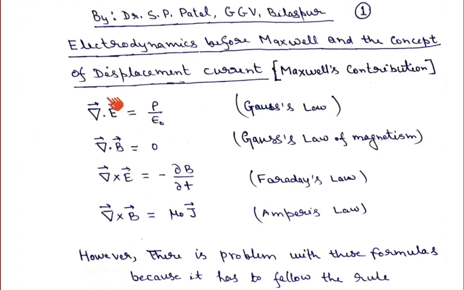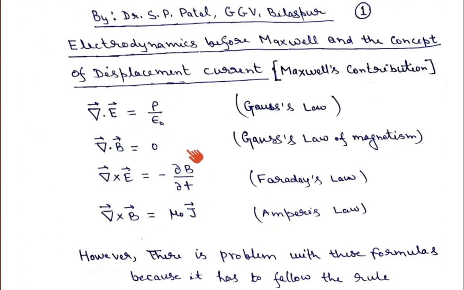Then in electrostatics we learned del cross E was equal to 0, because of the conservative nature of the electric field. When we studied time varying phenomena in my previous lectures on electrodynamics, we saw that if the electric field is non-conservative in nature, then del cross E will not be equal to 0. Faraday basically says that if there is a changing magnetic field,